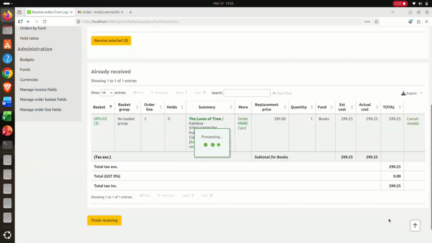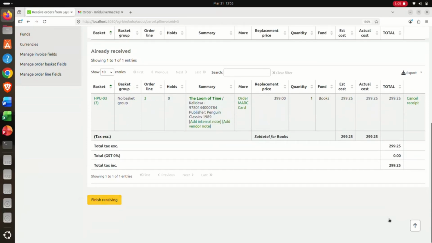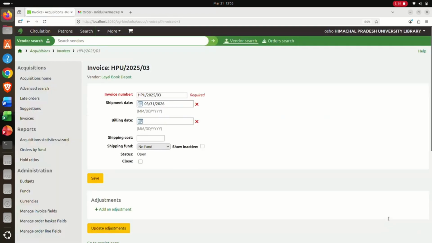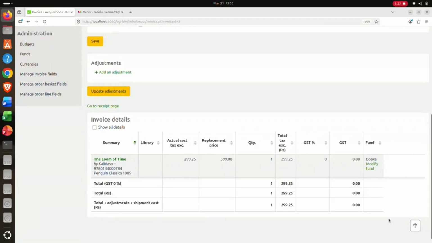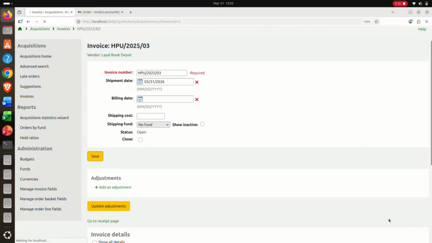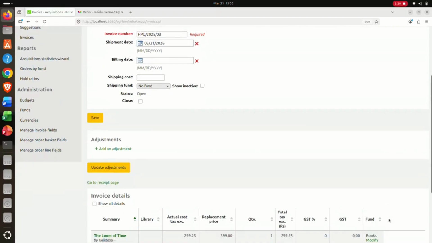Once the record has been saved, here we can see that it is already registered, and we need to finish receiving. Once it has been created, we will save this. After it has been saved,